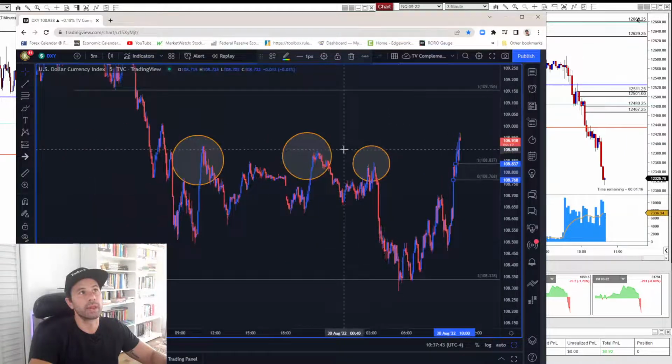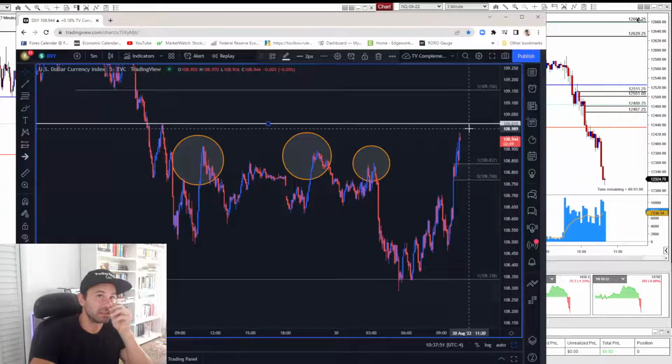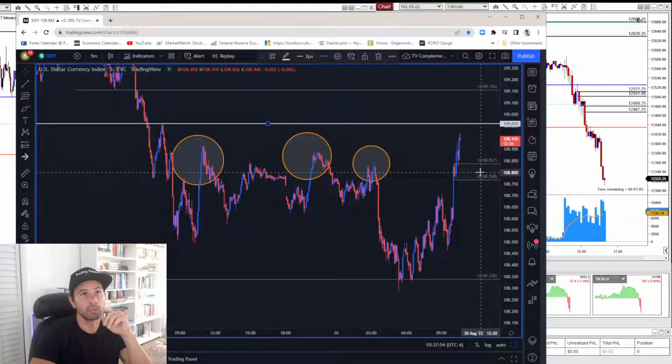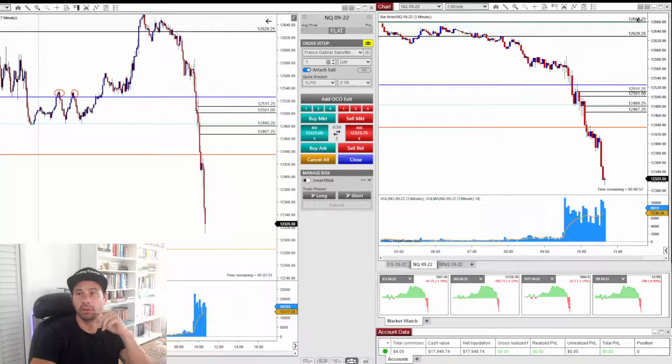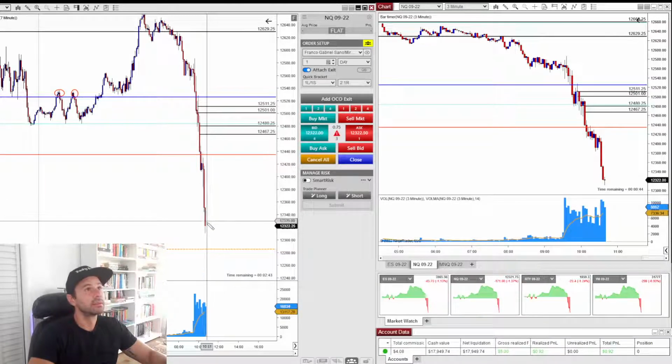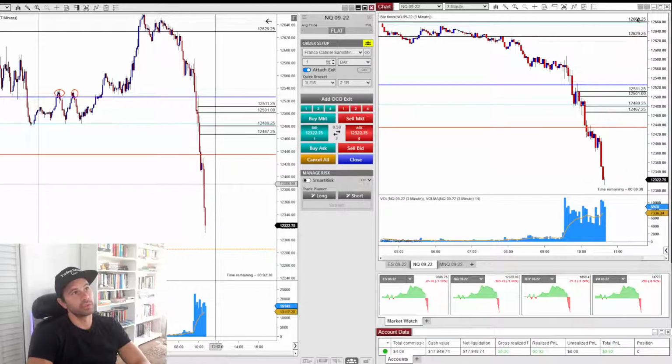When the dollar comes back, we broke out of these pivots. We haven't gone through this, but it's okay. It comes to this pivot and then comes back to this, and that will be our shorts. And the equity markets will retrace back up anytime today. I think so. That's what I'm expecting or waiting to happen. So we might have a retracement and then our short towards the end of the day.